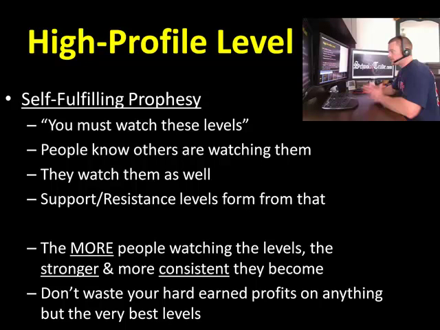That's how support and resistance levels are built. That's how they're created. For example, a psychological level like 3,500 on the euro, or a big round number like $80 even on crude oil. There's nothing there. It's just a psychological level. But because you and I think there's something there, other traders should as well, and price stalls at that high. We see it stall, and we go, boy, I'll bet something's there. We should probably sell right there, right? So that's how the self-fulfilling prophecy starts. The more people watching the levels, the stronger and the more consistent they become.